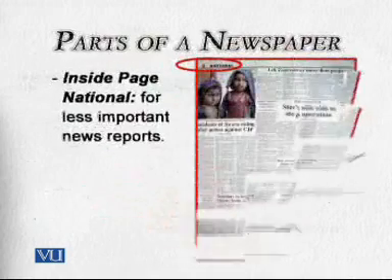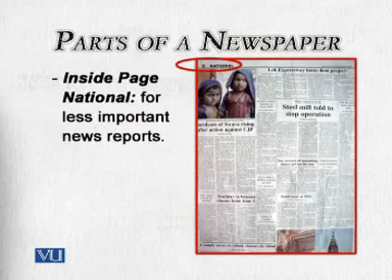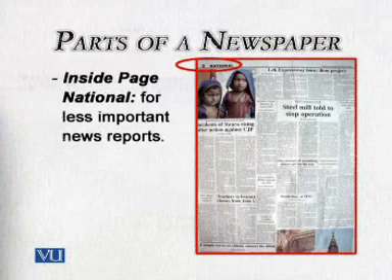When we move inside of the newspaper, now inside there are lots of pages of different variety. Every page having its own behavior, having its own type of pieces of news. In different newspapers, you find different headlines or different labels, different names of inside pages. Of course, the rule of thumb for the inside pieces of news is that these are such pieces of news which are less important. They are not as important as the pieces of news which are on the front page. You can see one example on your screen.